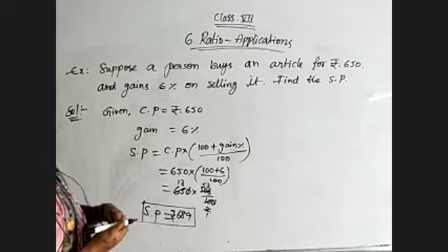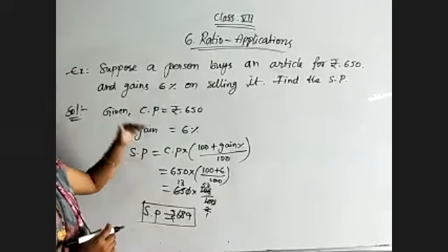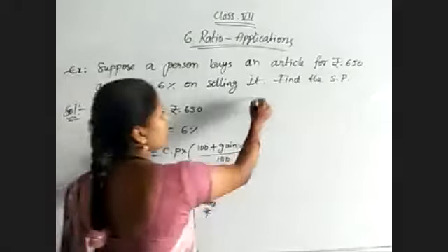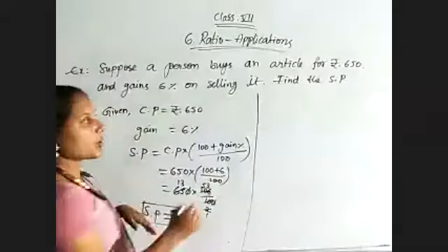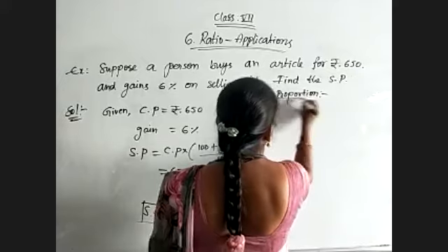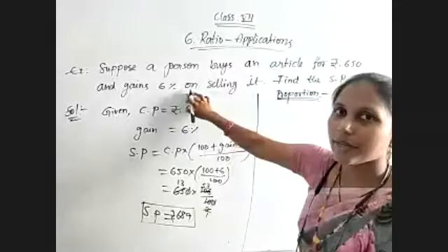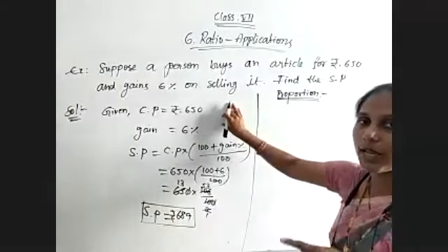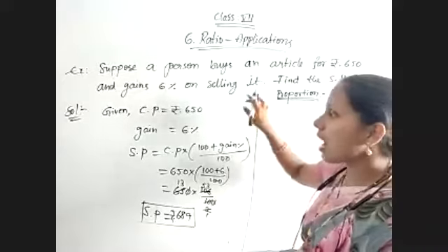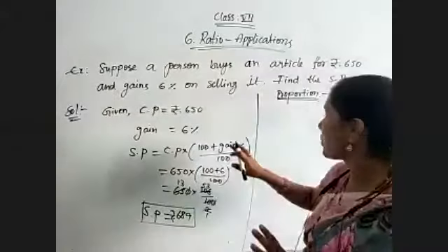This is a simple way by using the formula, and most of the questions we will get on profit percent and loss percent, in all those cases we will use the same formula. If we want, we can use proportion, or we can do it in another way also. Gain percentage is equal to gain by CP into 100. CP and gain percentage are there, from that you can find the gain. After getting the gain, you can find SP by using the formula CP plus gain. That is one more method, so we will see that one.